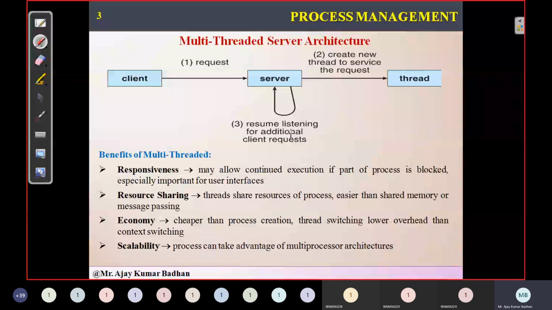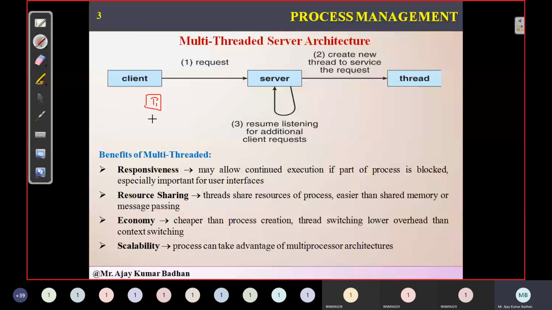Now this thread we can call a lightweight thread, because it is much easier to perform. I'll compare it with a process and then explain why a thread is a lightweight process. Let us suppose, as in the previous session, we have a process P1, which is the parent process.